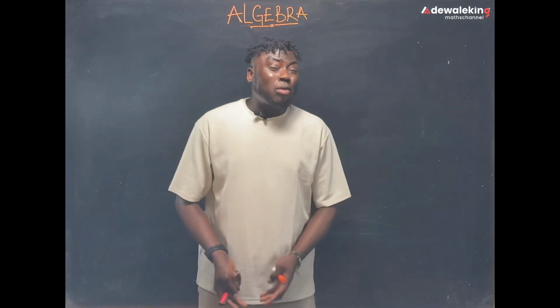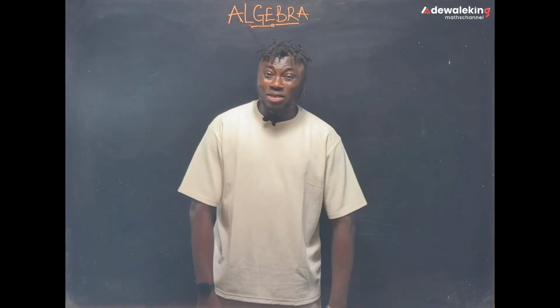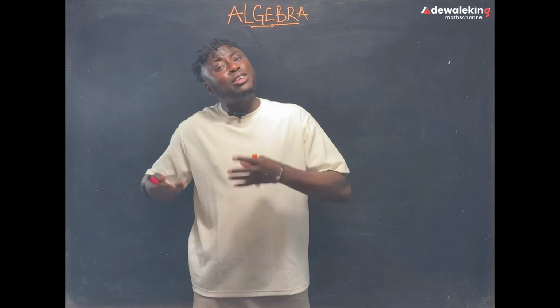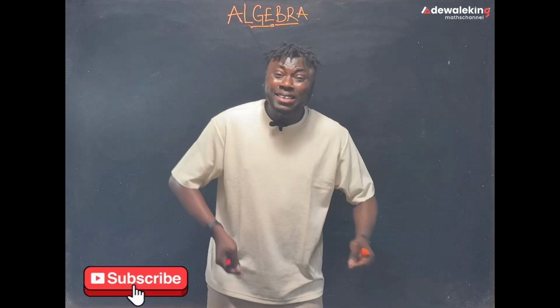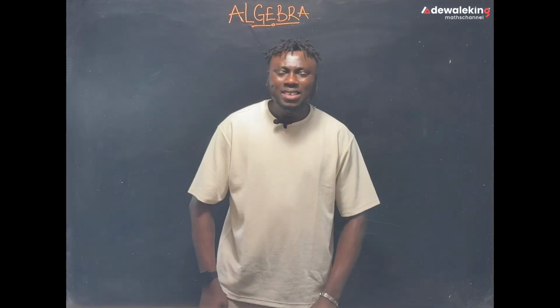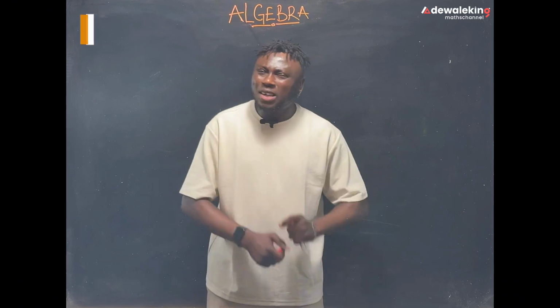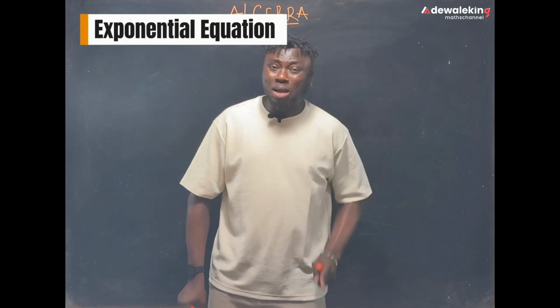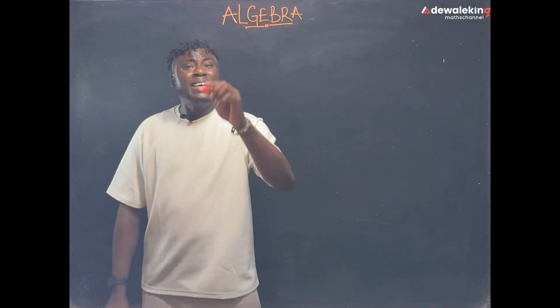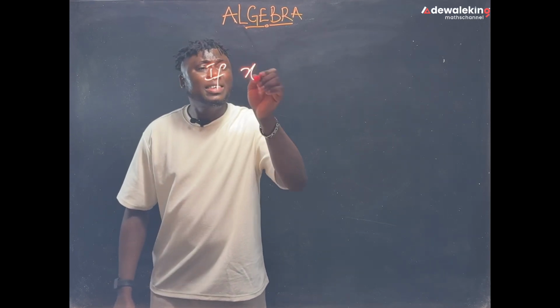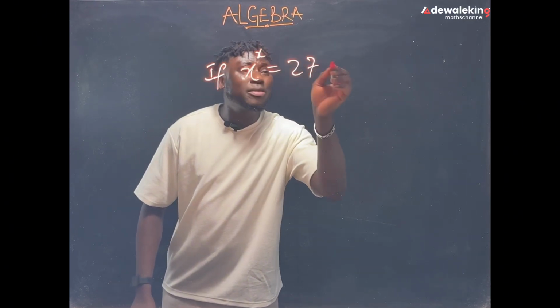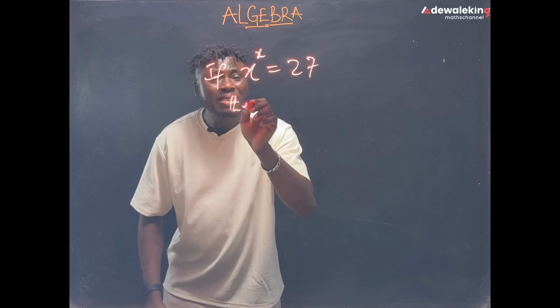I've come across some videos on the internet space and I was like, what? How can someone be taking a variable raised to the same variable to be the same? This is an injustice to an exponential equation. It is unacceptable. How can someone say if x raised to power x is equal to 27, then x raised